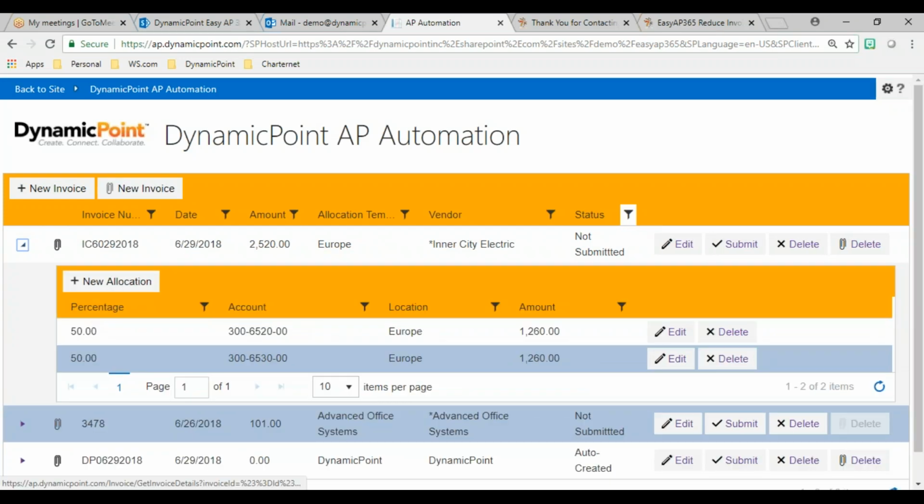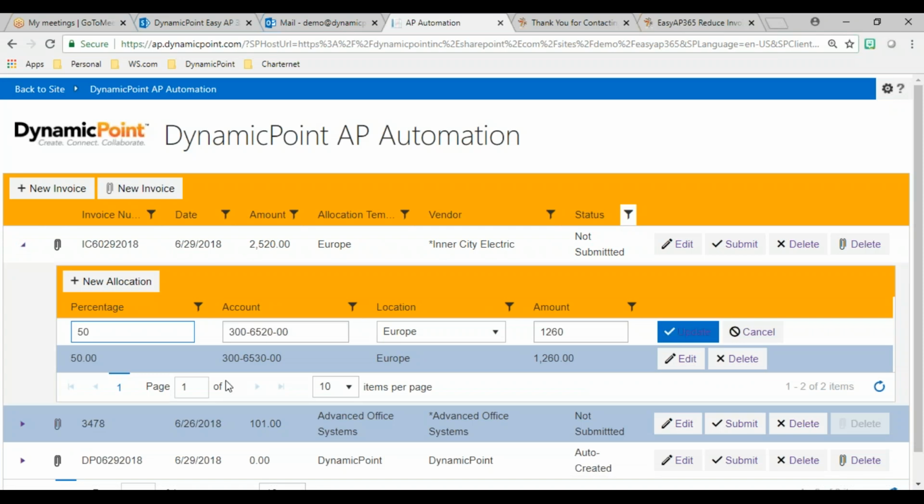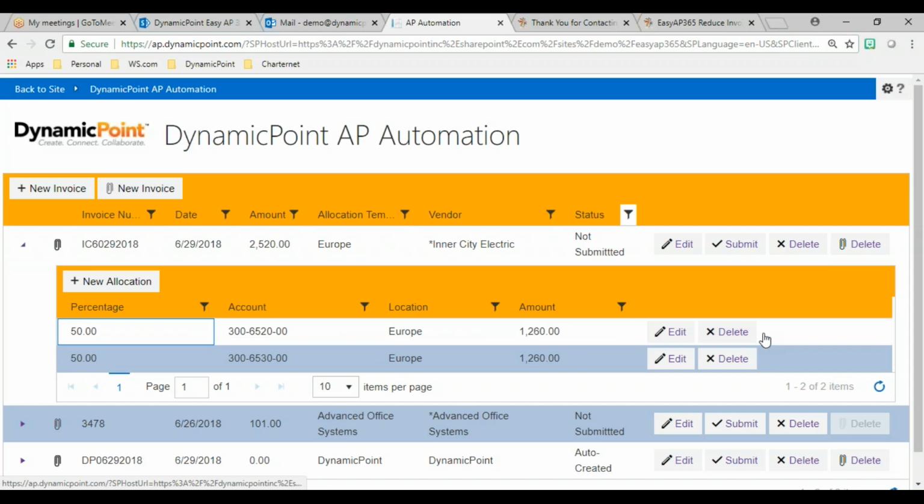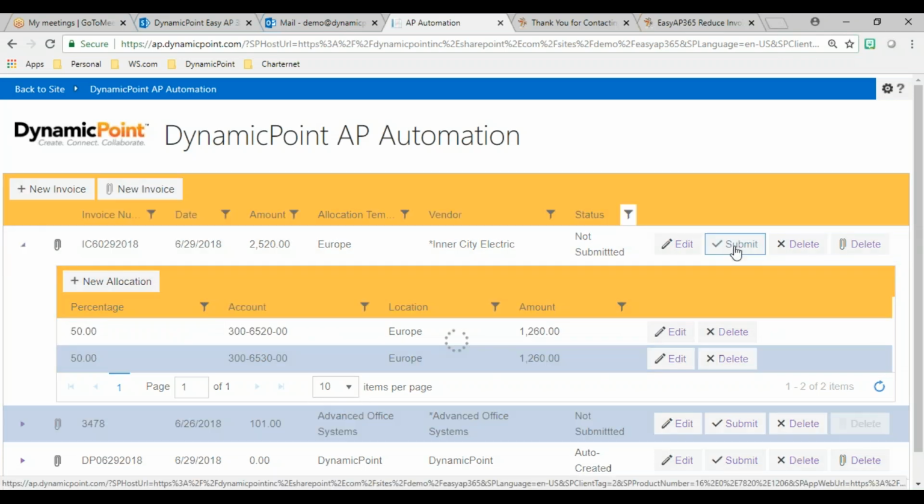Now, hopefully this is correct. Hopefully your template setup for Europe is absolutely accurate for those various allocations. If not, I showed before how you could edit an amount. You can also edit the percent. I'm not going to do that today, but I just wanted to highlight that flexibility. I'm going to go ahead and hit submit so we can ensure we've got a few transactions to look at